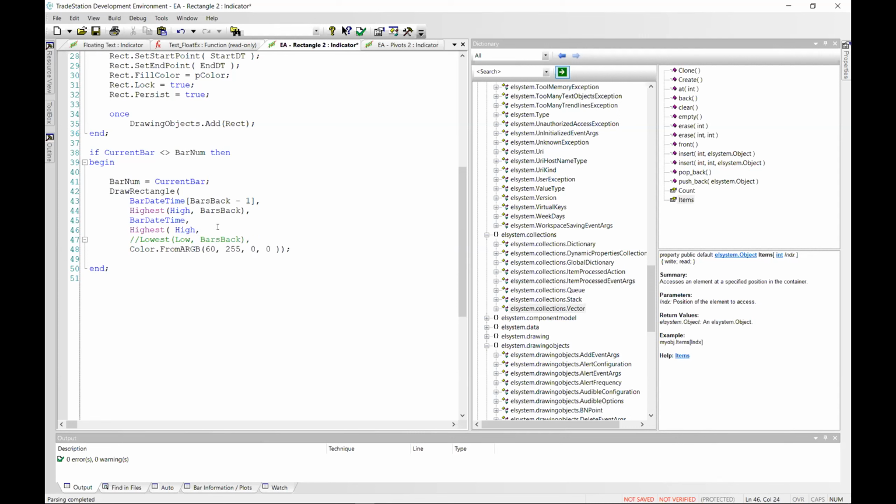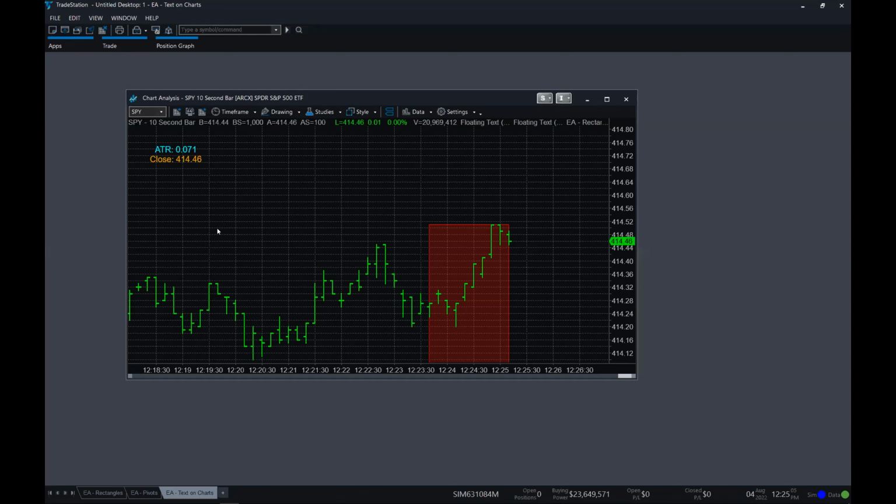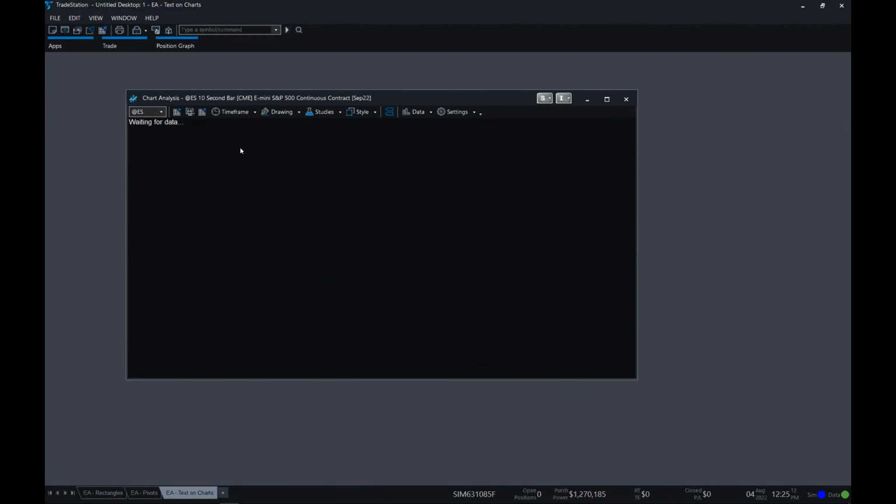Highest high over bars back, minus 1, I think is what we were saying, rather than from the highest high to the highest low. Okay, and let's just put this on a symbol where 1 point is not a very big rectangle. In fact, it's going to be too small here because we're in 4,000 and something.